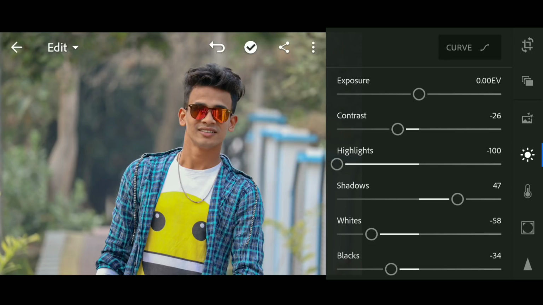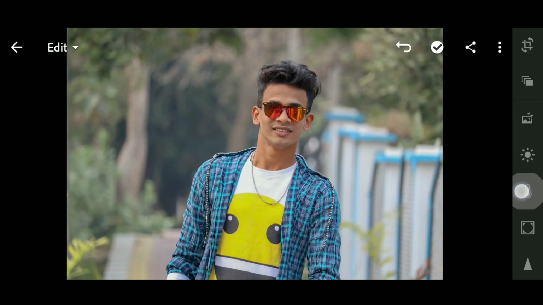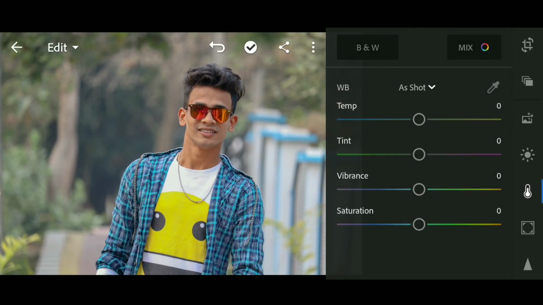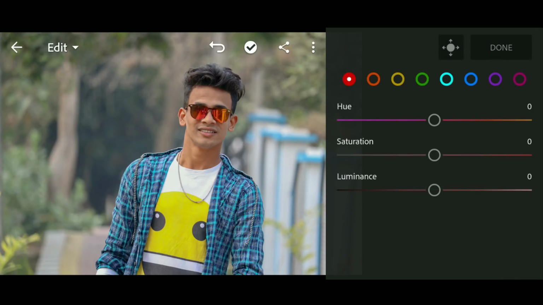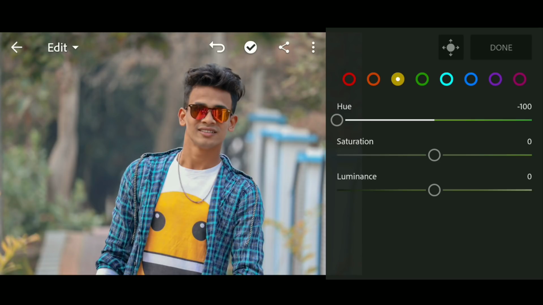Now I will go to this icon, and I will go to the mix tool, and inside the mix tool just follow the steps very carefully. All you need to do is go to the yellow color tab first of all, and decrease the hue to -100, and increase the saturation just a little bit, and also decrease the green all the way to -100 and increase the saturation.